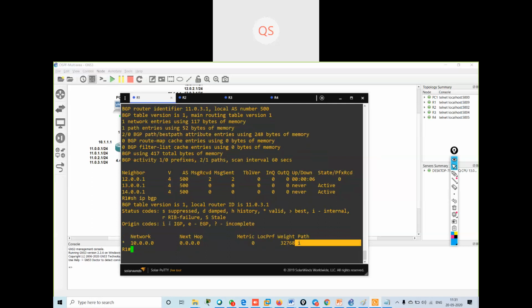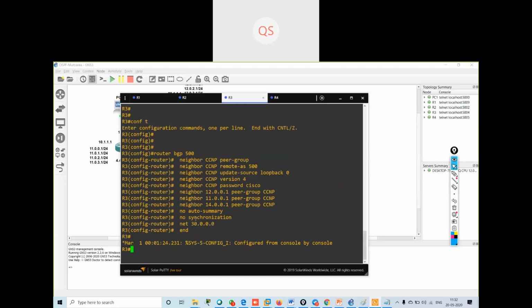See, these are the origin codes. I means IGP protocols. E means EGP. Incomplete means you are getting something from other routes, meaning a route that has been redistributed.